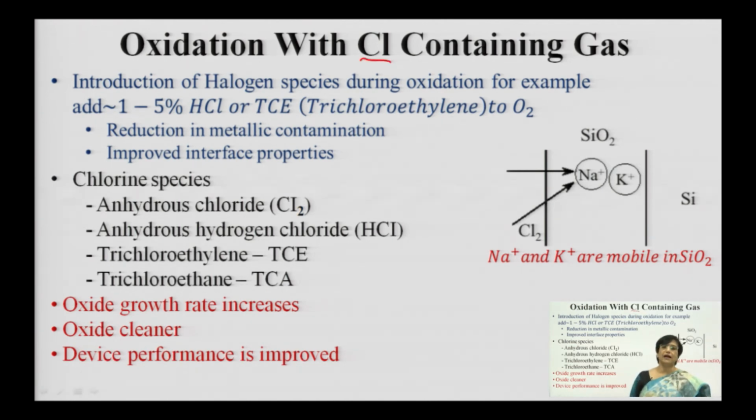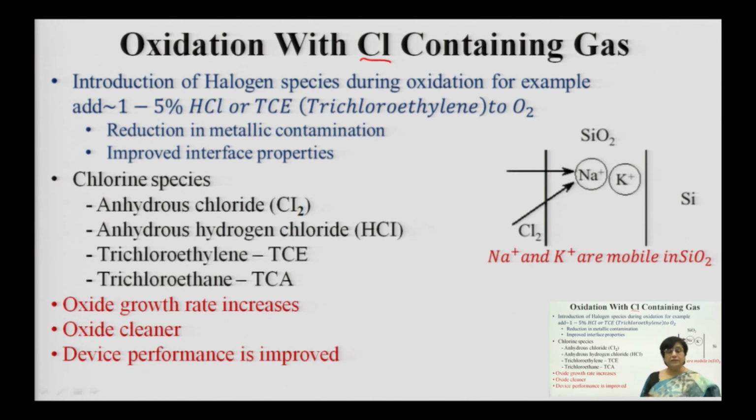Now, what happens exactly? There are 4 types of trapped charges, we call them oxide trap charges or immobile ions, which can get accumulated, which were already present on the surface, and when you elevate the temperature and carry out the oxidation, they penetrate down inside the oxide layer, and they can get activated when you fabricate a device and apply potential. Suddenly that ion will become active and it will affect the reliability or operation of the device. You do not want that to happen.